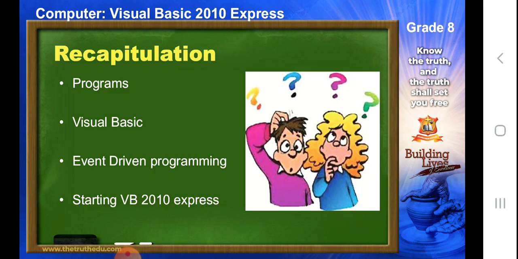So students, first of all, we learned about the word program, which we come across very frequently, where we discussed that it is a set of instructions which tells the computer to perform a specific task, that is called a program. Then we learned about Visual Basic, which is also popularly called VB or VBA. We learned about Microsoft as the organization which developed Visual Basic in 1991.